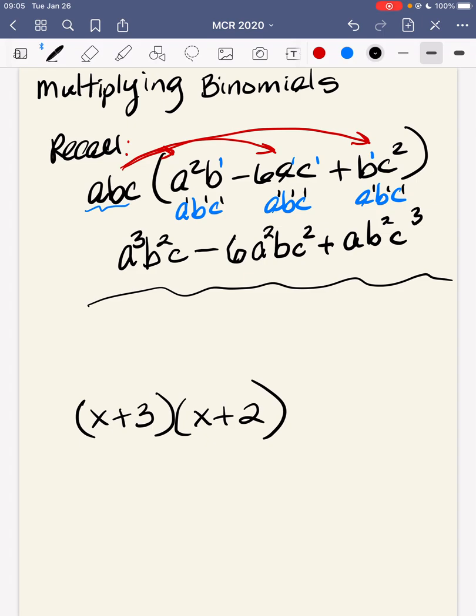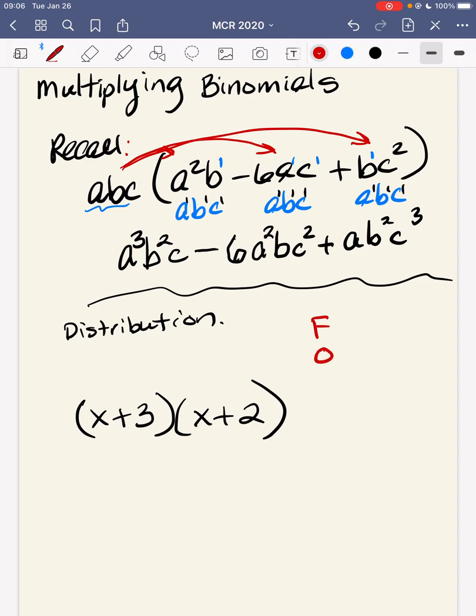Now we're going to go ahead and multiply two binomials, okay? Strictly binomial multiplication. Binomial multiplication is still the distribution property. It really is just distribution, all right? We just have to kind of be careful about how we go ahead and approach it so we don't miss anybody. To make us not forget,